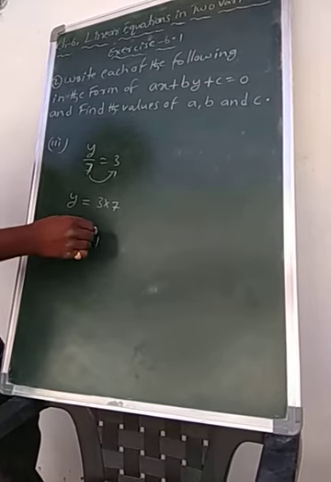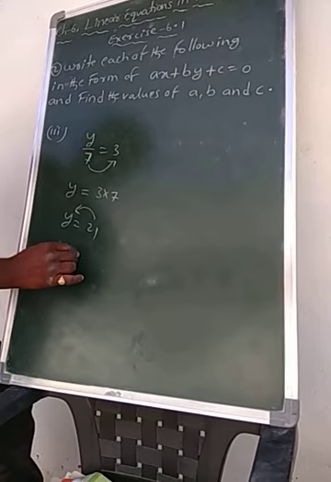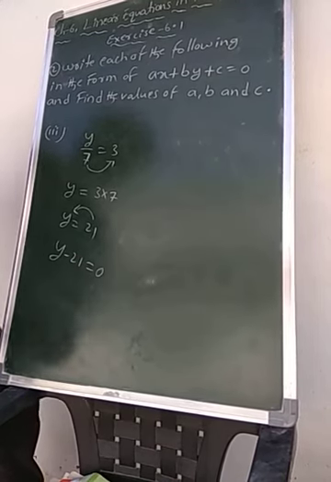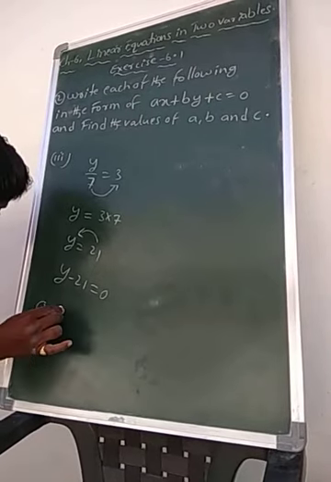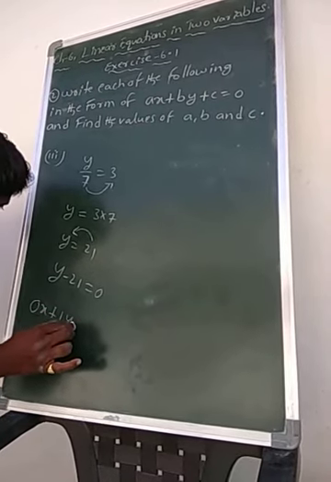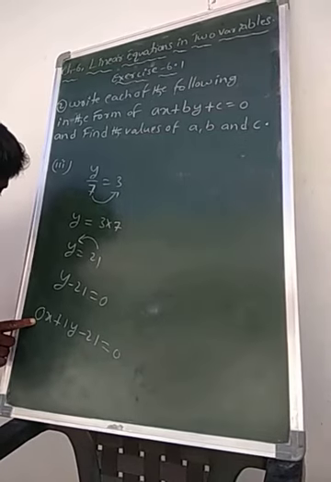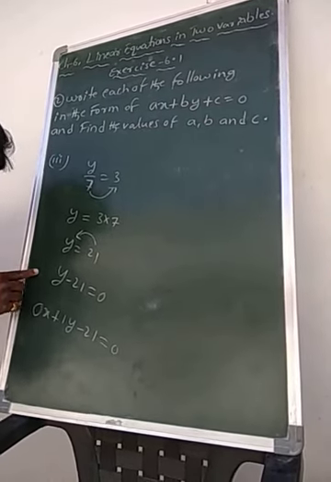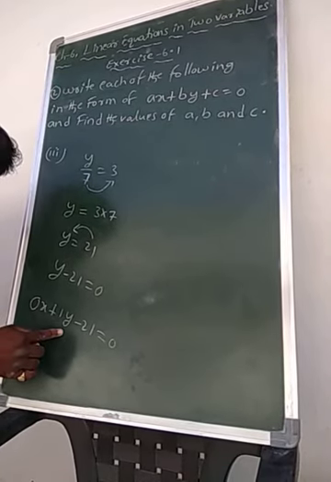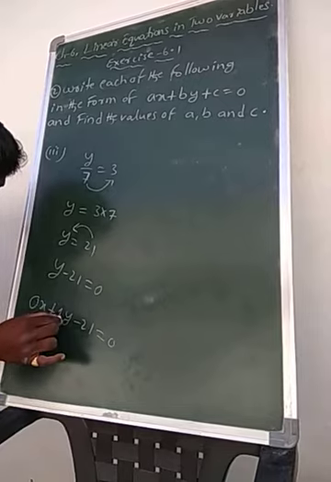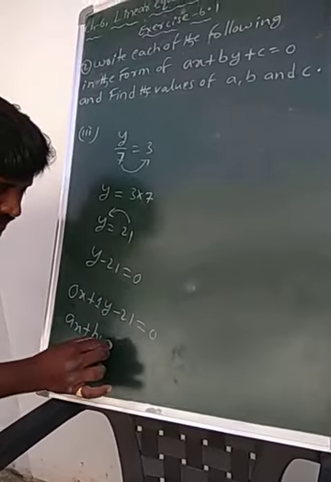Now I am transposing 21 to the LHS side. That is y minus 21 is equal to 0. Now I am writing this as 0x plus 1y minus 21 is equal to 0, 0x because there is no term in x. That's why I wrote 0x plus 1y minus 21 is equal to 0. So if we compare with ax plus by plus c is equal